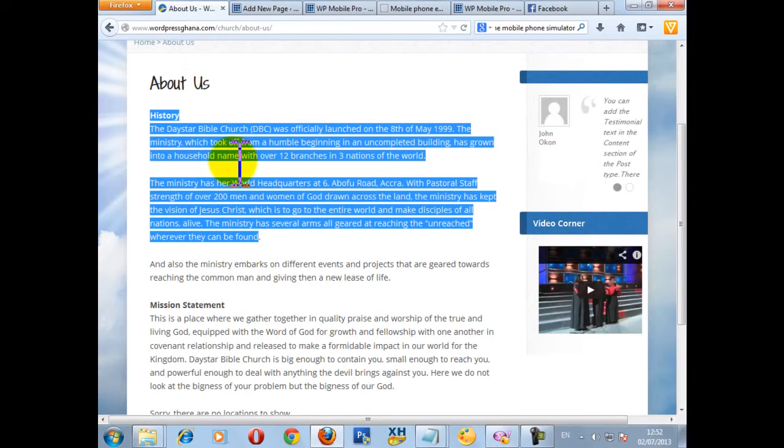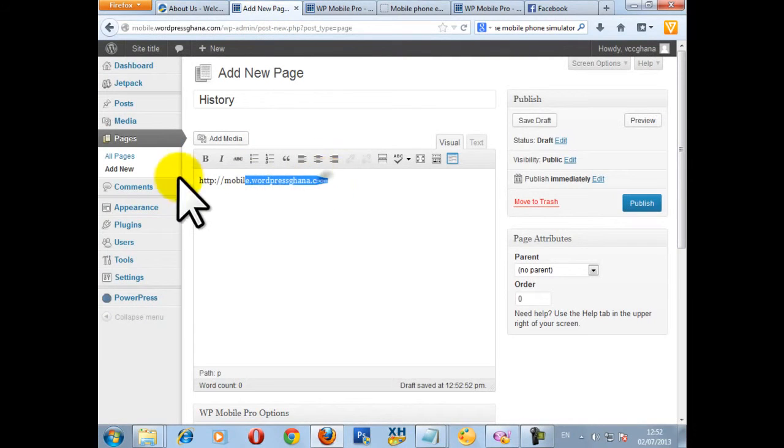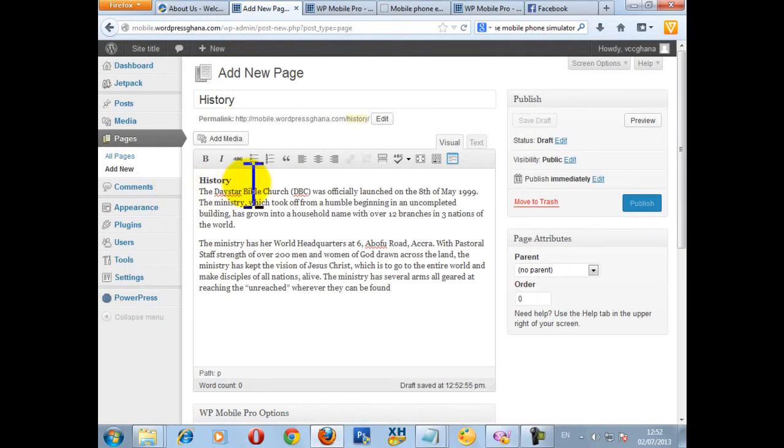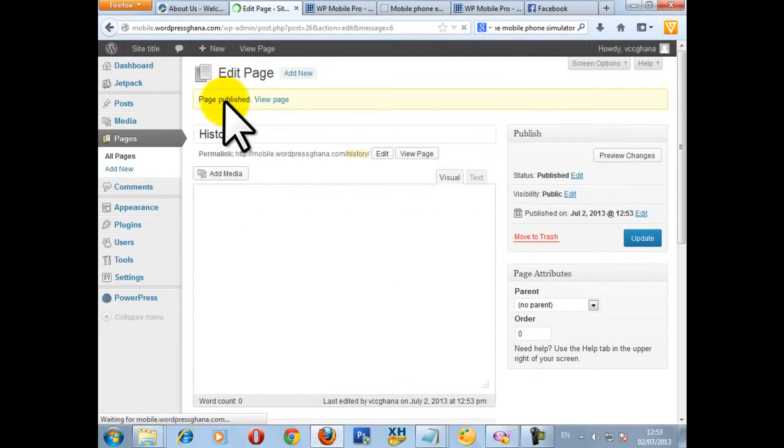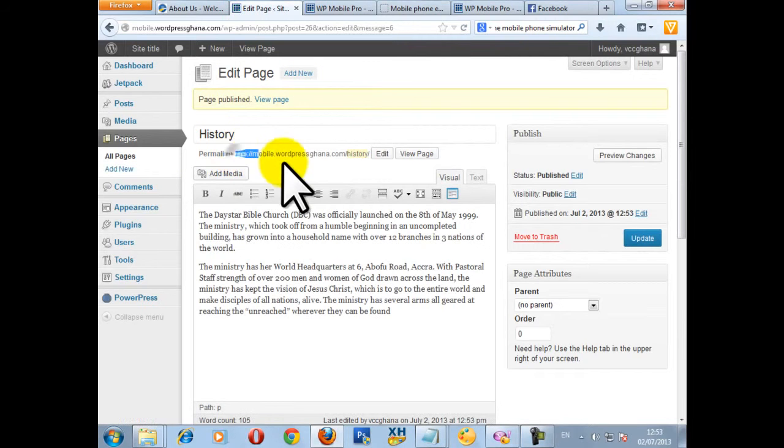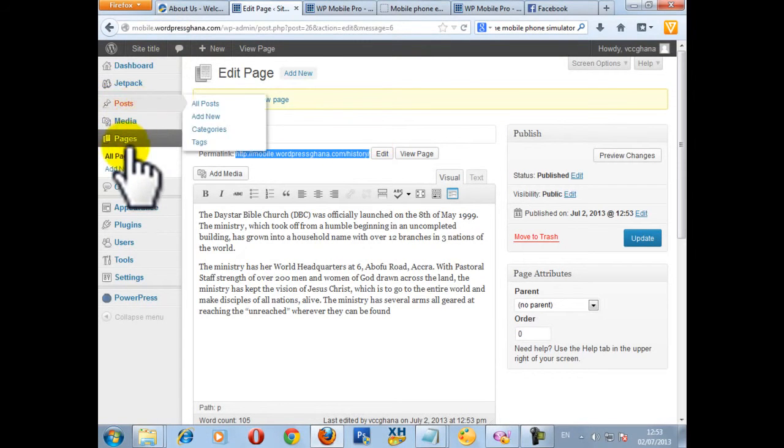And paste it here. Okay, so this is like a brief history of the organization, and all that. Okay, so all I need to do now is just to click on publish. I just need to get the link of this page. Okay, so once it's done, I'll just copy it. This is what I wanted to copy. Yeah, so this is the link. I'll just copy it, Ctrl C, copy, and then go back to our pages